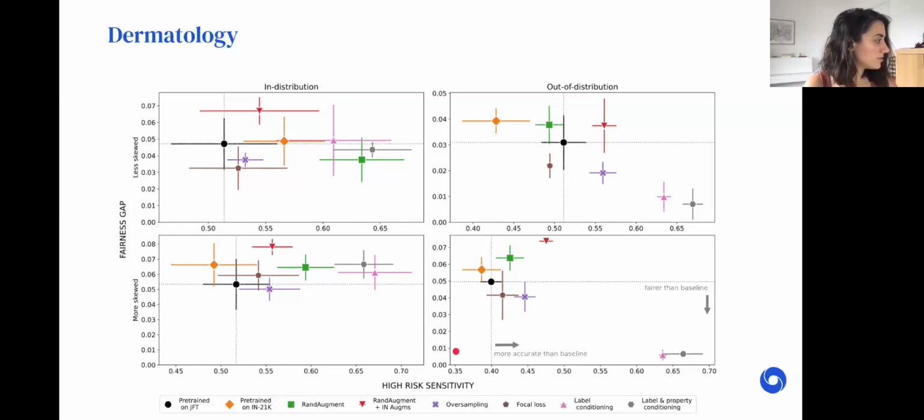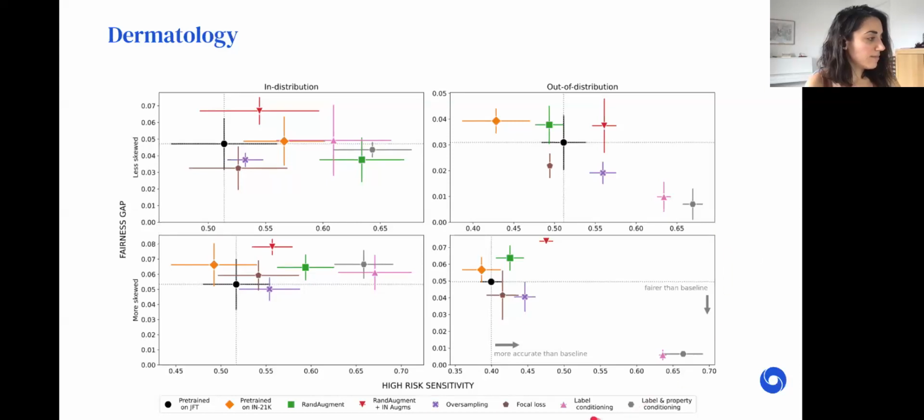And in the bottom row, we have the more skewed setting, where we have as few as 100 samples from this underrepresented group. And here, the total data set is around 12 to 15,000 samples. So if we only have 100 samples from the underrepresented group, then it's a highly imbalanced setting. But that's not the case, of course, in the evaluation sets, right? This is something to clarify.